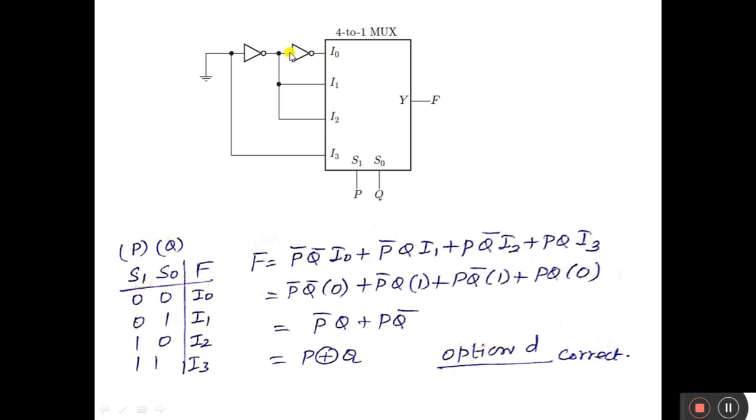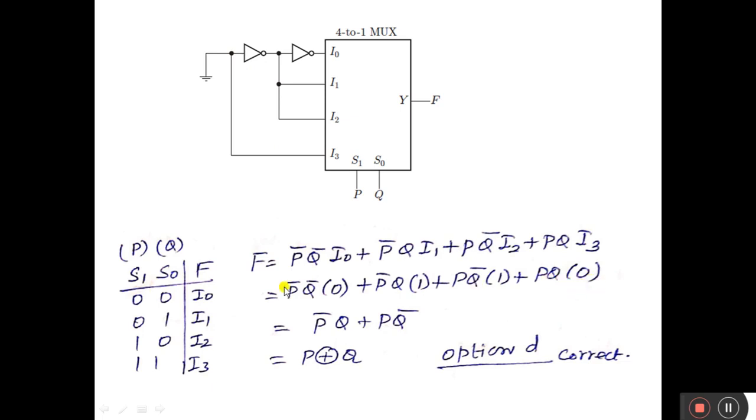Again one more inverter is connected, that 1 becomes 0. So now I0 value is 0. Again I1 is taken from here, this is 0. After this inverter the value is 1. So I1 becomes 1, so I wrote 1 here. Further, the same 1 appears in I2 also, so I put 1, and I3 is directly connected to the ground line. If it is grounded, that value becomes 0.